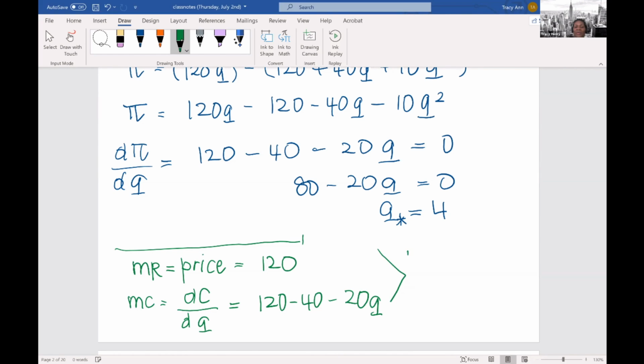So if you say marginal revenue is equal to marginal cost, you can say 120 is equal to 120 minus 40 minus 20Q. Then you can say 40 is equal to 20Q. So my Q is equal to